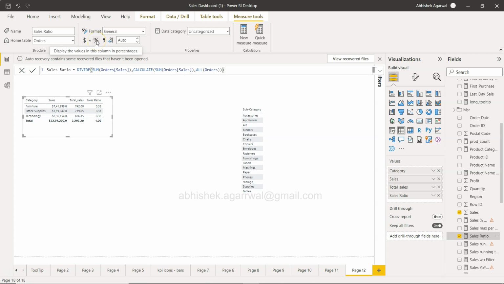Also, you can change this to percentage, so that way it will show you the percentage over here, like 32% is furniture, 31% is this, 36% is technology. All right, now if we have to structure this code, then what I am going to do is